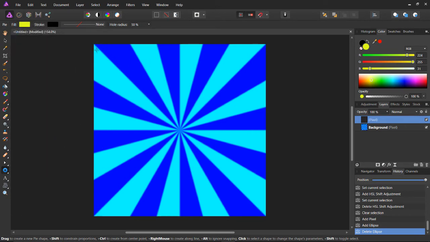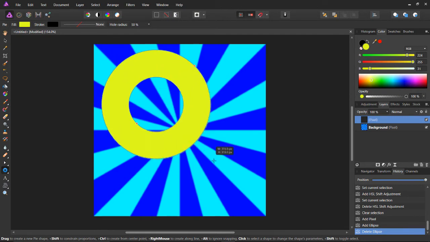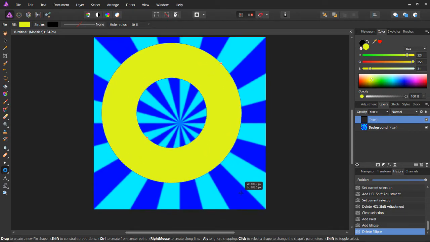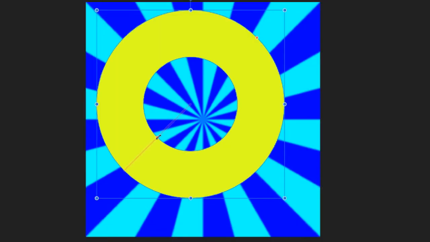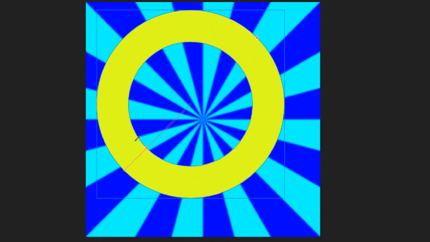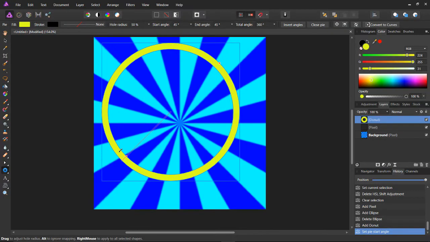So in order to keep the proportions of the donut or the circle, you just hold shift while left clicking, drag down, and set it to whatever size you would like. So I'm going to go, let's go 400 for now. We can change it later. So once you have that, you can hold the orange dot here on the bottom left and drag it to the size and the thickness you would like the circle to be. So I'm going to do it